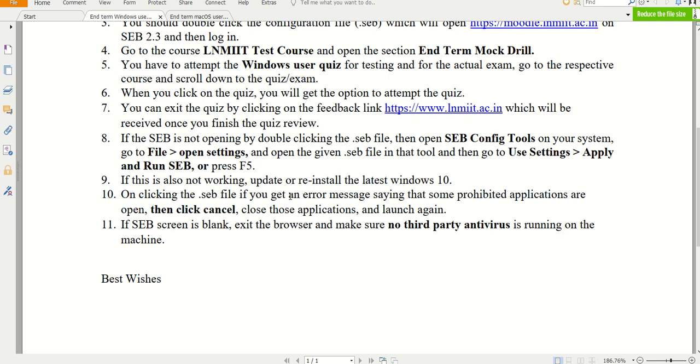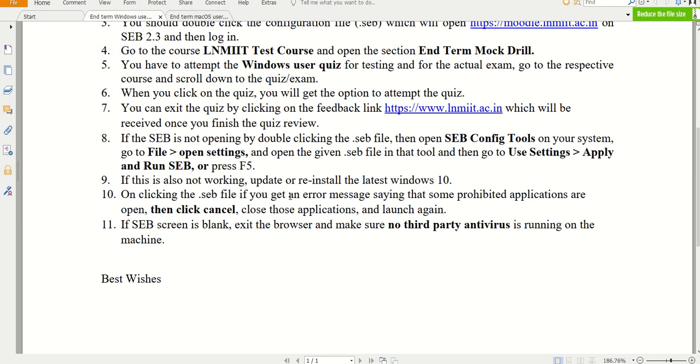If this is also not working, then the only option is to exit, and exit is possible only with the feedback link. So that means you are stuck. The only option to get out of Safe Exam Browser is to restart your computer. And how to restart? Keep pressing the shutdown button for 10, 15, 20 seconds. Then it will shut down and then you restart.